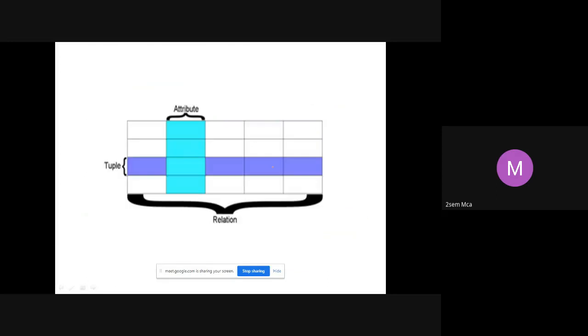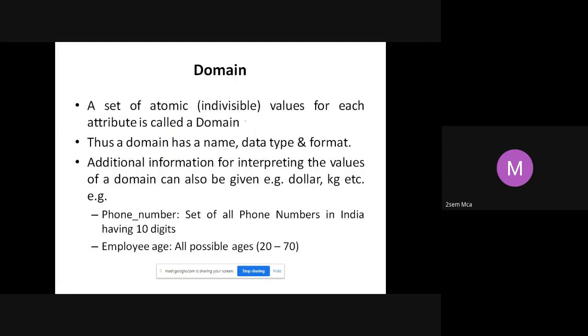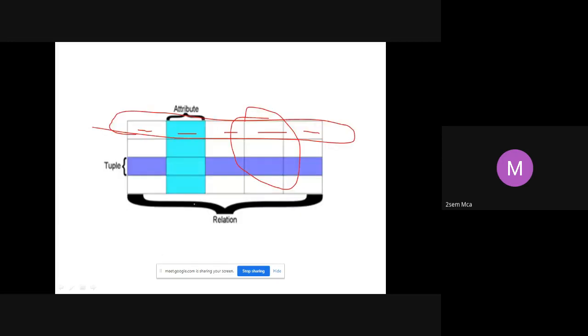Right. So this is a pictorial representation of the relation. Relation means what? Table. Relation or table, both are the same. So this is an example of a table. Each of this is called an attribute. This is another attribute. This column, this is another column. When you see this whole thing as a row, it is called a tuple, whereas columns are called attributes, right? Okay. Any doubts so far? We saw what is relation, how do you represent it, what is a tuple, what is an attribute. That's all.